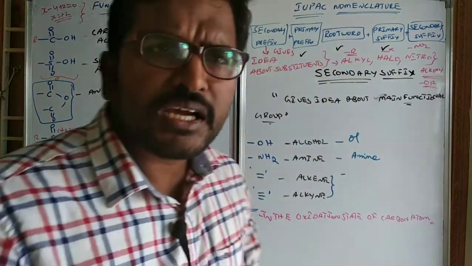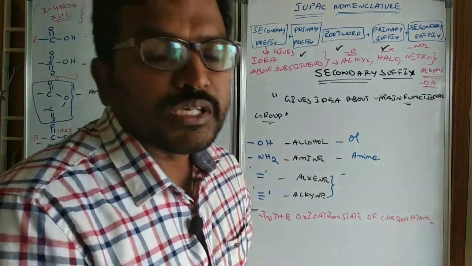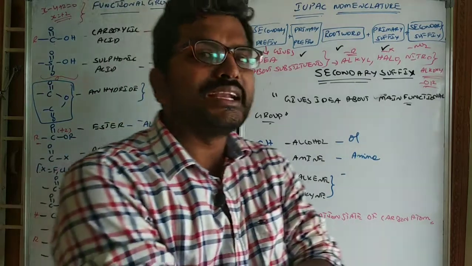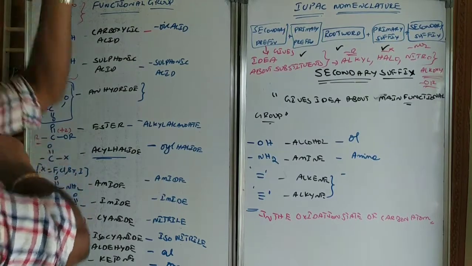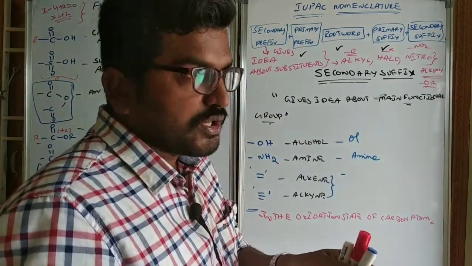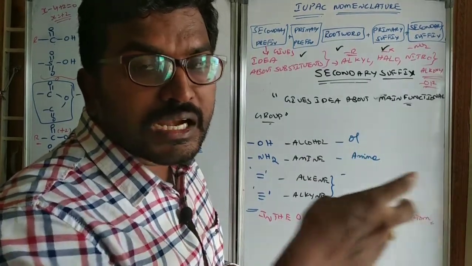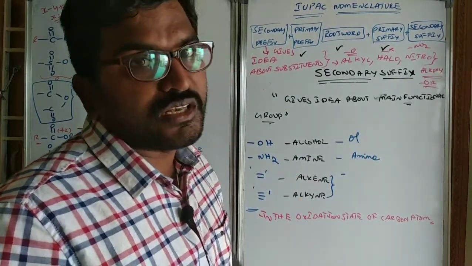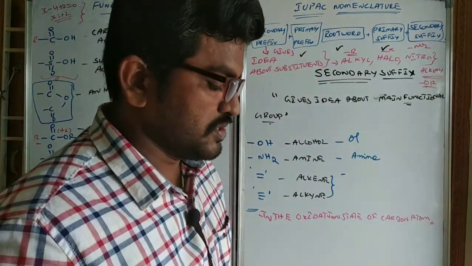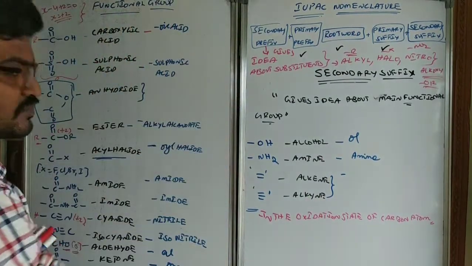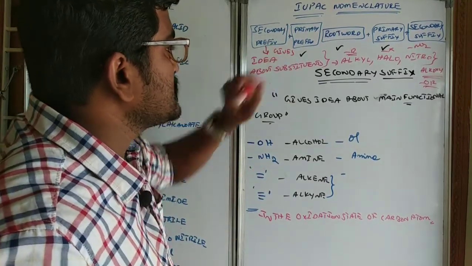If there is a compound already having a main functional group, what happens to the remaining ones? They all become substituents. I have already explained how to identify the main chain in a compound. Whenever you are taking a main chain in a compound, it will have the main functional group, maximum carbon atoms and maximum substituents. I have given the guidelines on how to select the main chain. After selecting the main chain, whatever is present on it will become the substituent. So whenever these are substituents, how do we do the problem, sir? That will come under the secondary prefix.